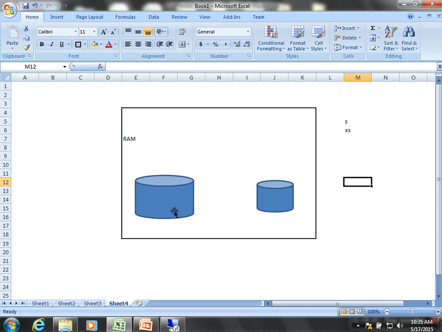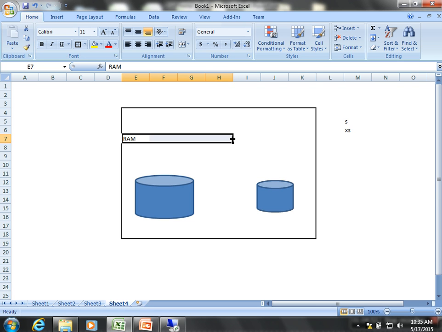Then 4 times your footprint will be the disk, and 1 time of it would be the RAM size. So they have calculations like that. Again, they don't take the complete footprint either. They say footprint divided by 2, because in HANA we're going to store data in a more compressed format.